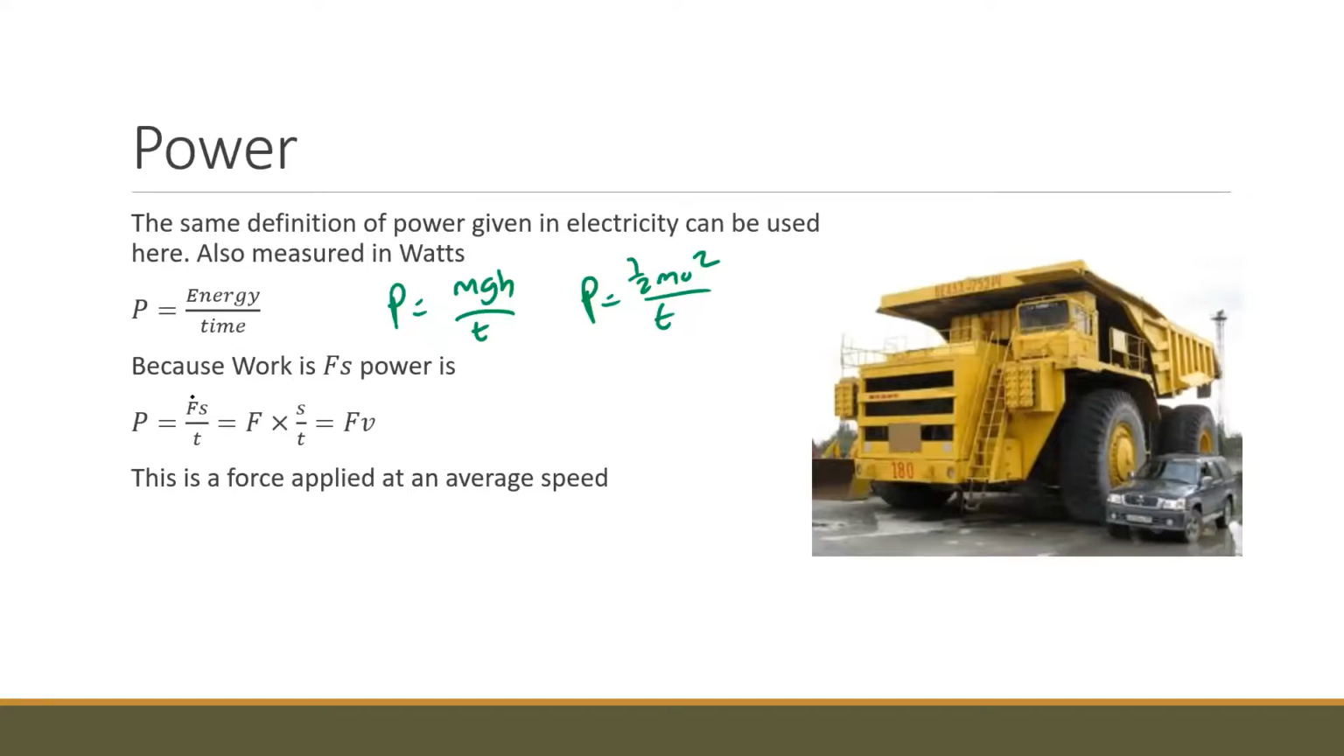There is one interesting ramification of this though. If you do instead Fs, because that's work, remember work equals Fs, if you do work over time, that's the same as saying force times displacement over time. And displacement over time is velocity. And that is actually an interesting formula. That is a new formula. This is the force applied at an average speed. So the examples that I've seen from textbooks for these types of things, and this is actually very, very similar to the questions that I used to give all the time,